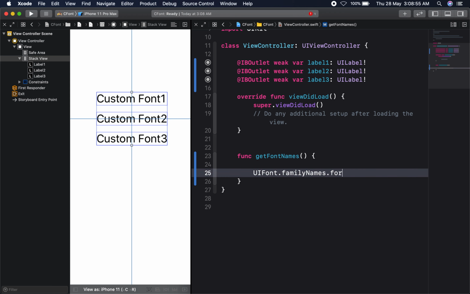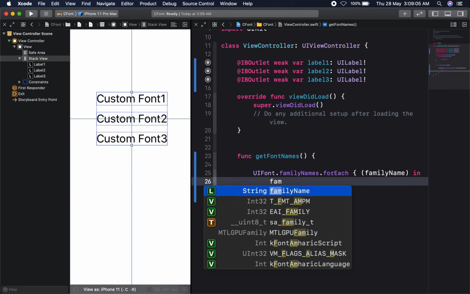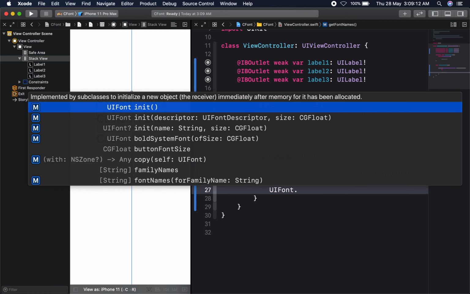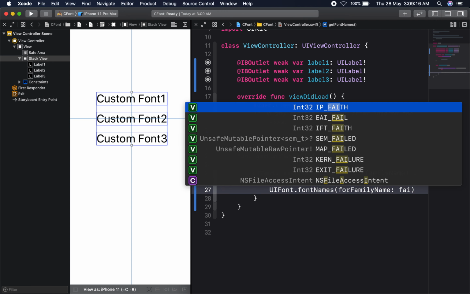So here I am implementing a for each, for family name. The family name is nothing but a string name. I'm going to get the fonts from my family name.